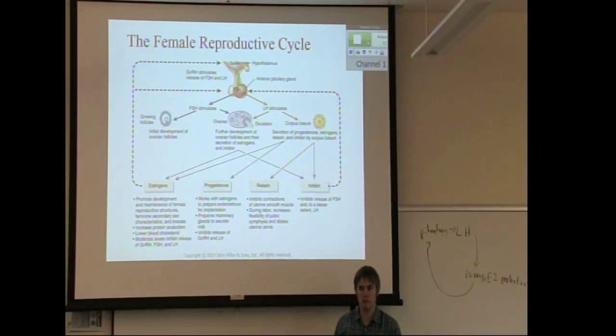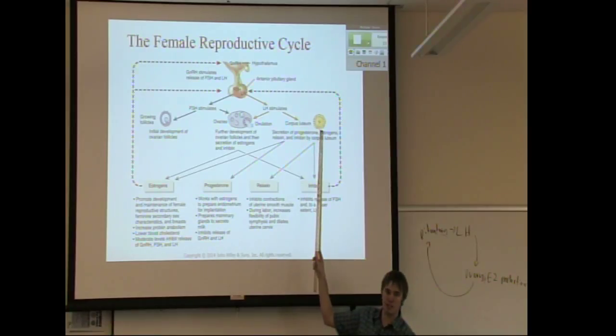So when you have low levels of FSH and LH, then you may not get any development of the follicle. If you had really low levels of those two, you probably wouldn't be having a period at all, or the cycle wouldn't be happening. Because if you have low levels of this, that means you're going to make low estrogen, low progesterone, and that lining isn't really going to develop completely.